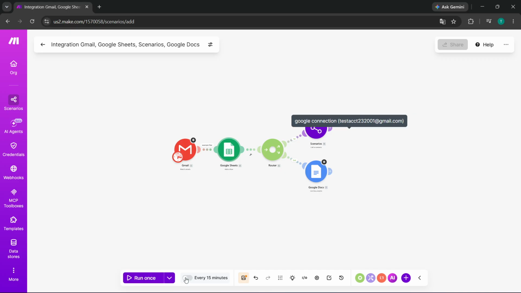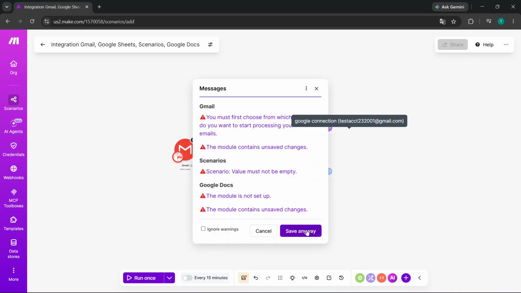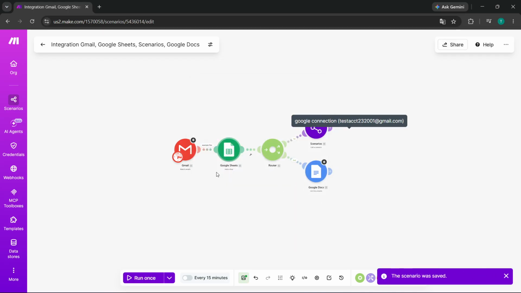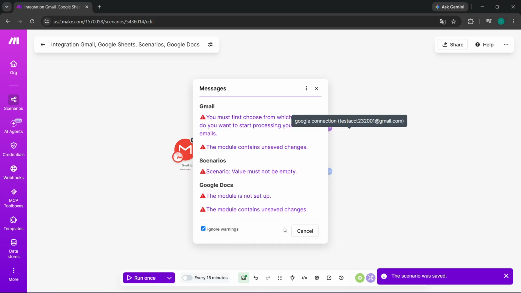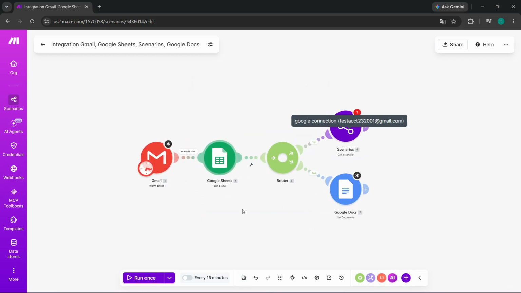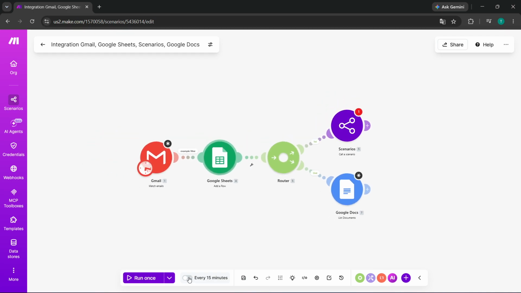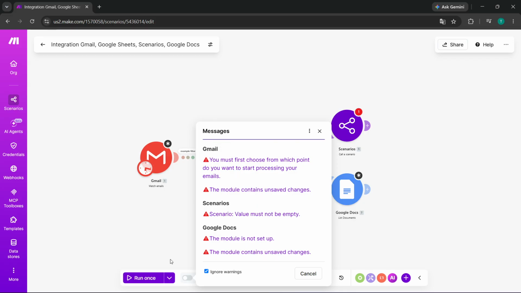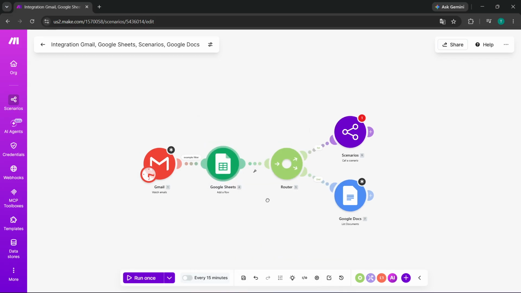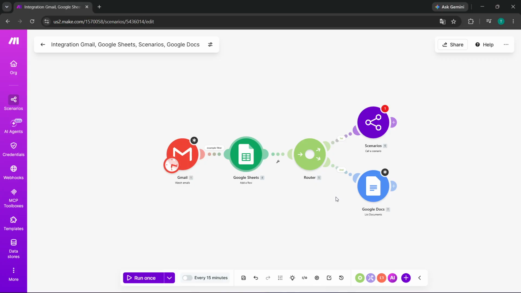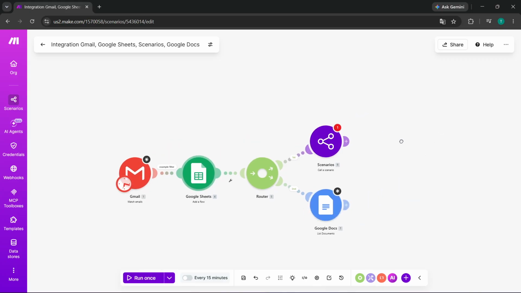Common scenario patterns include trigger to action, trigger to filter to action, trigger to router to multiple actions, and webhook to data processing to action. Finally, understand scenario status. On means the automation is active and running, while off means the automation will not run automatically. You now have a solid foundation for understanding Make scenarios, so go ahead and start